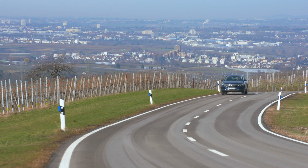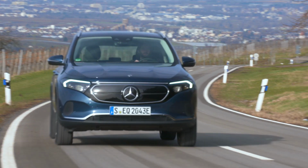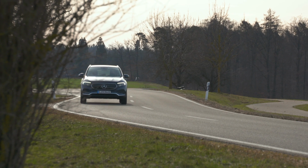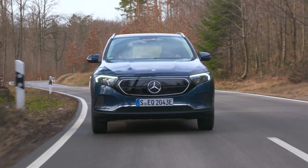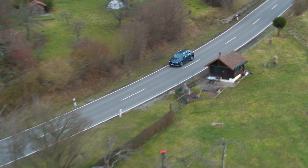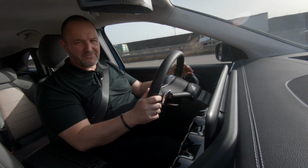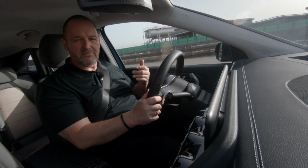The EQA 250 is available from 47,540 euros in the Progressive version. Also available are Electric Art and AMG Line versions or the Night package. The Special Model Edition 1 is based on the AMG Line and offers a particularly extensive range of equipment at a price of €8,520. The EQA should take 17.7 kilowatt hours per 100 kilometers driven and should deliver a range of a maximum